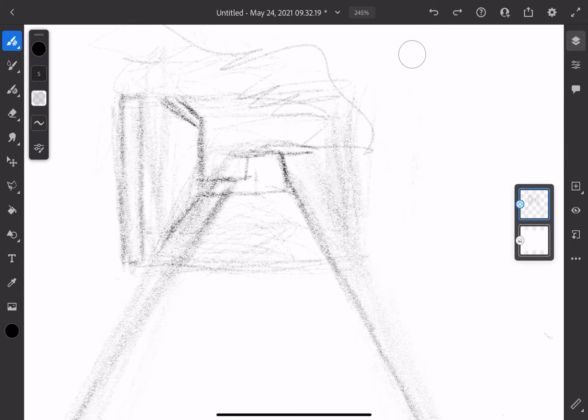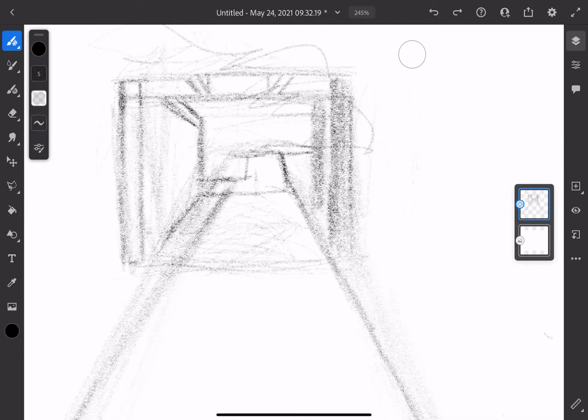If you feel confident and you want to go right to the watercolor or the gouache, those are the two media that I usually use when I'm using a physical media, not a digital media, for plein air painting. But I found that I just like drawing it out better first. So this is actually the same process that I go through whether I'm using gouache, watercolor, or in this case, digital media. I just like to kind of sketch it out, just get a sense of,